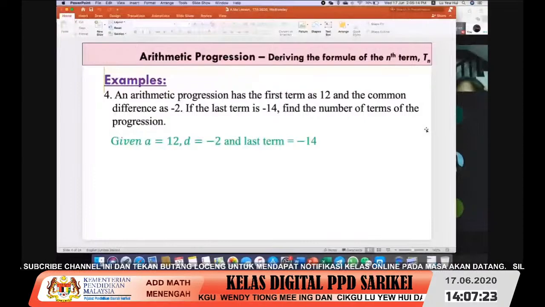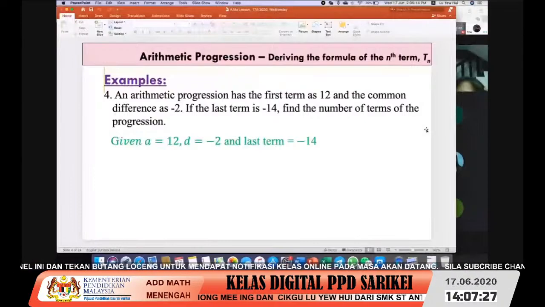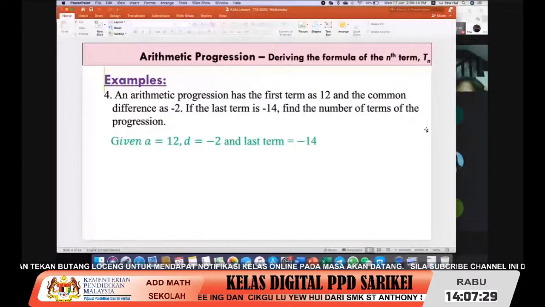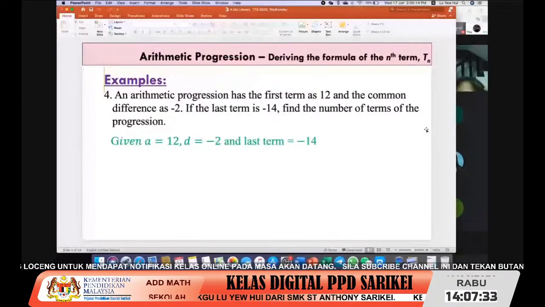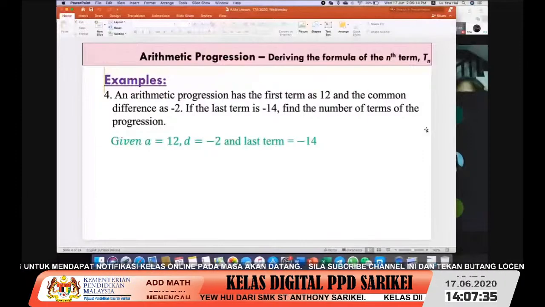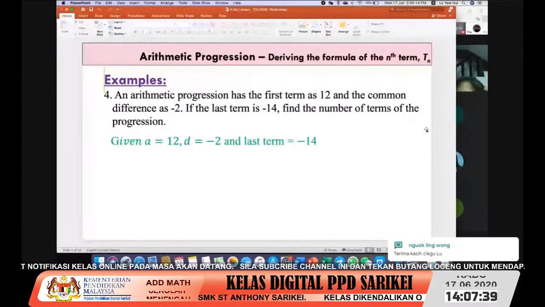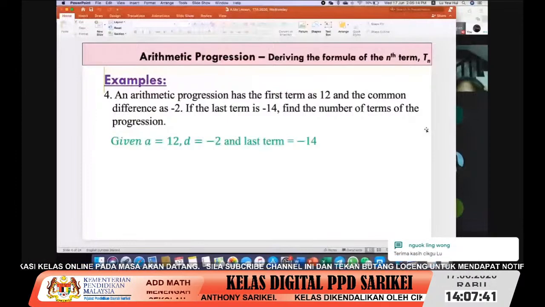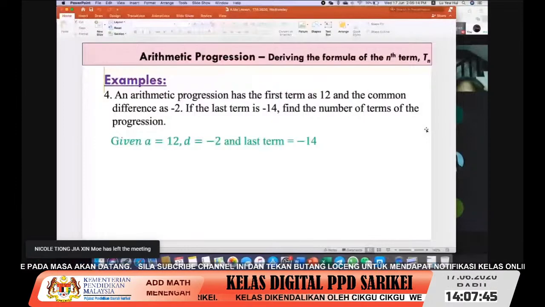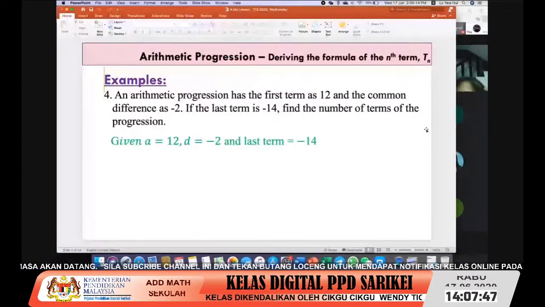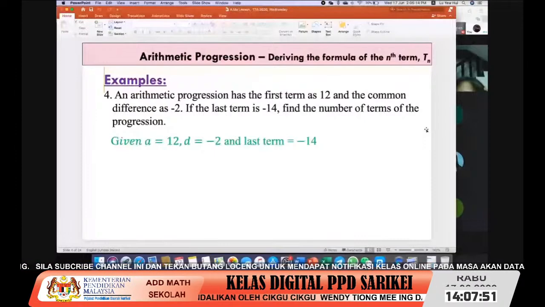All right, so we continue with what we have learned yesterday. That is arithmetic progression. That is the revision. So the first one, the arithmetic progression, AP, is a sequence that has a common difference. Before this, we have learned the common difference. It can be calculated by using the